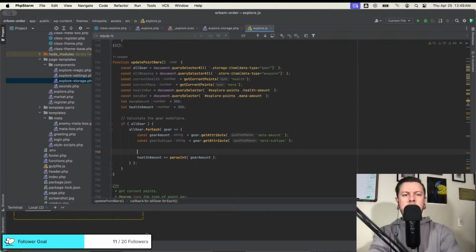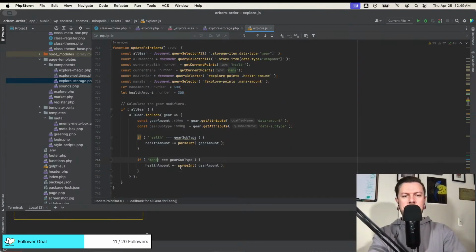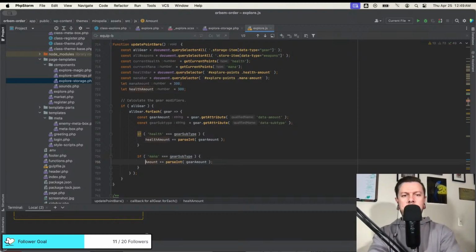So if gear subtype equals health, then what we're gonna do is add it to the health. And if it's mana, then we'll add mana. Right? Right.